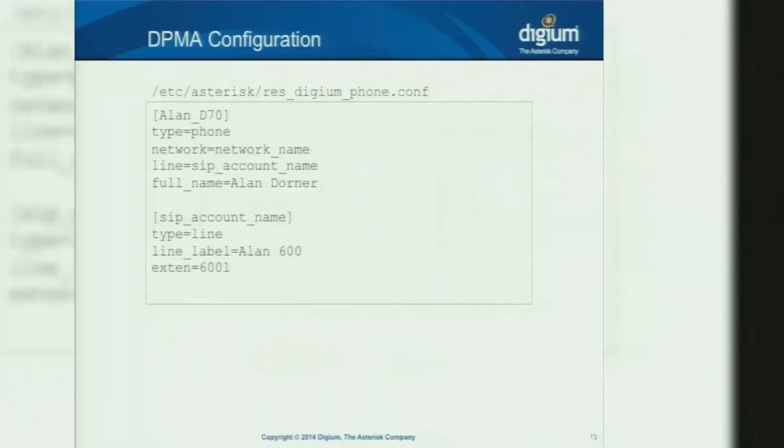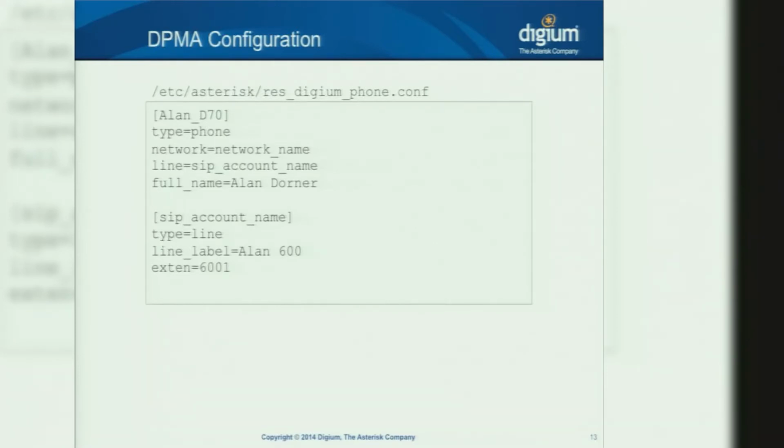Let's look at res_digium_phone.conf. This is just 2 of the sections in another file, and I don't want to confuse you here. I was talking about going into the phone and configuring the phone, and now we're back in Asterisk. What's going on here? Well, this is how we can configure the phone from Asterisk. So this is not sip.conf. This is not setting up a SIP account per se. This is configuring a phone to have a certain, well, configuration, right? Who's used DPMA here? So just a couple of you? Okay. So essentially, the experience for the administrator is a little bit more configuration in the etc asterisk directory for the